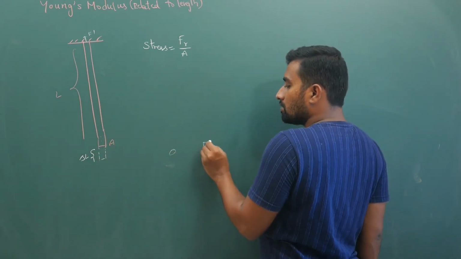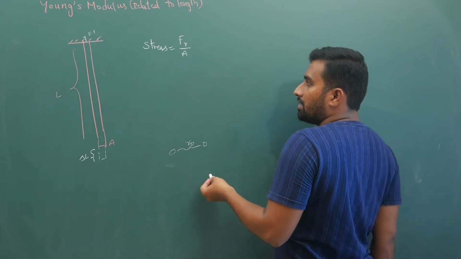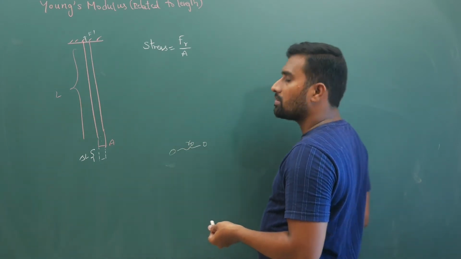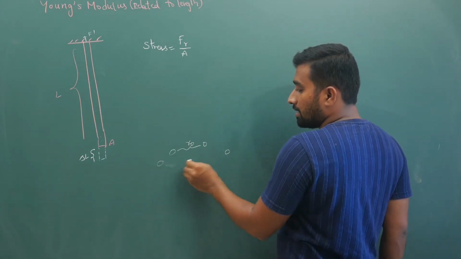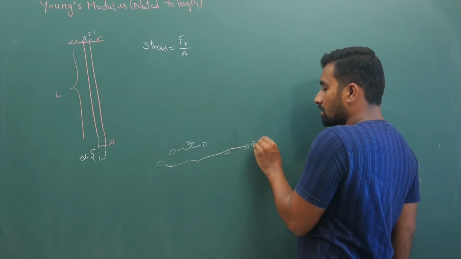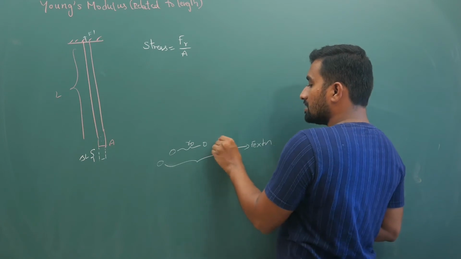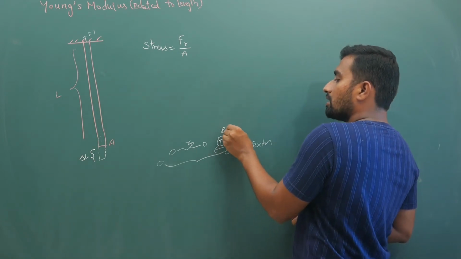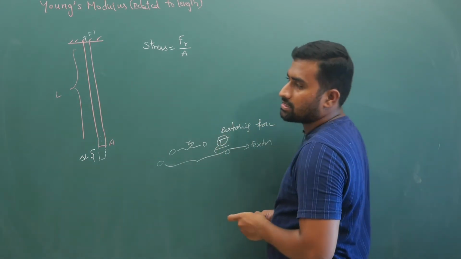Your molecules will be at some equilibrium distance. I told you about tension in Newton's laws of motion, but once again, when you pull these molecules, stretching them by applying some external force, internally tension will develop in the pulling direction. This tension is only your restoring force. Restoring force is tension in case of threads like this.